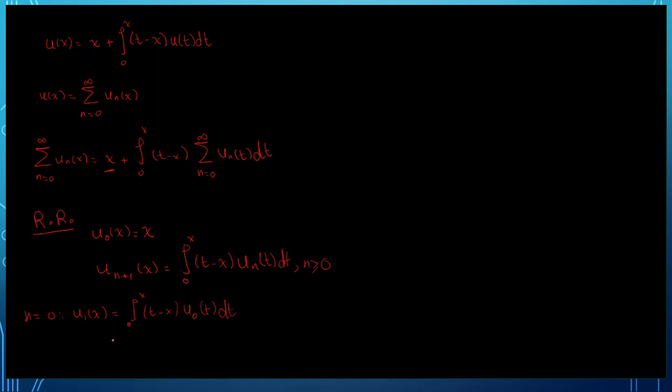Okay, and this will be equal to the integration from 0 to x of (t minus x) t dt. Okay, so this will be equal to the integration from 0 to x of t squared minus xt dt,